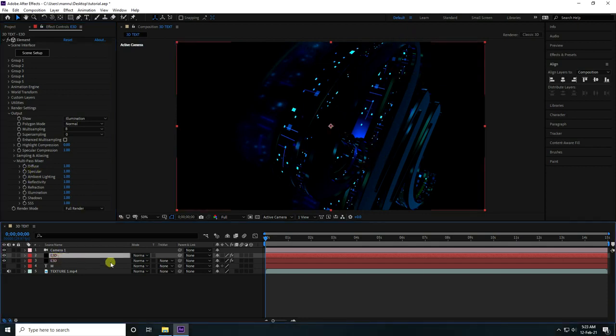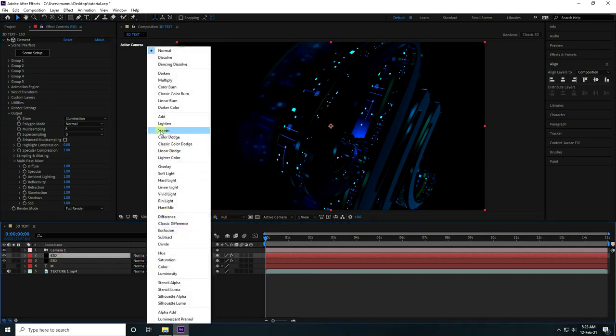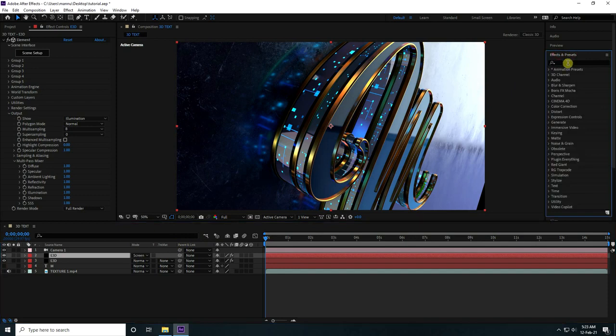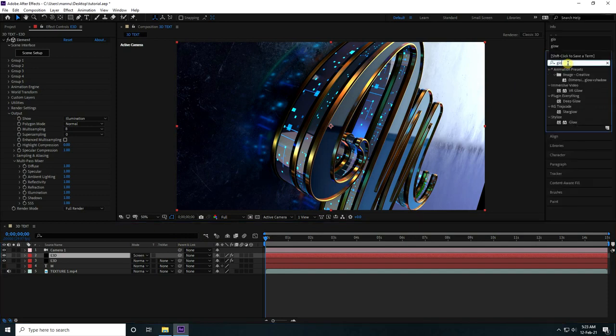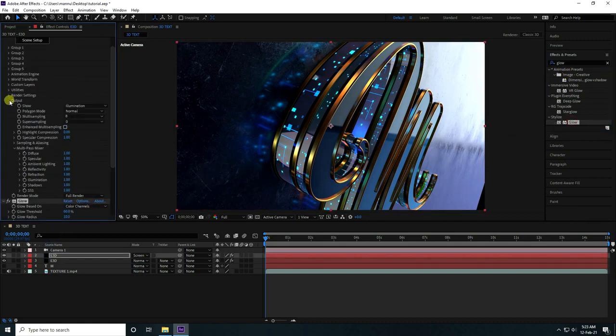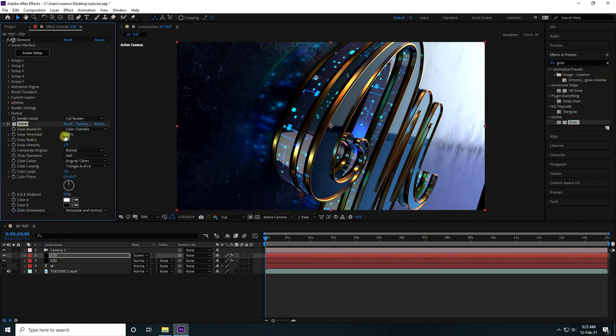So guys, select this E3D top layer and change to screen. Yes, and go to effect and preset, and this time I apply glow effect. Select this glow, apply on E3D layer, unfold all. Guys, threshold like 40. Yes, and radius I take 200, and intensity like 4.